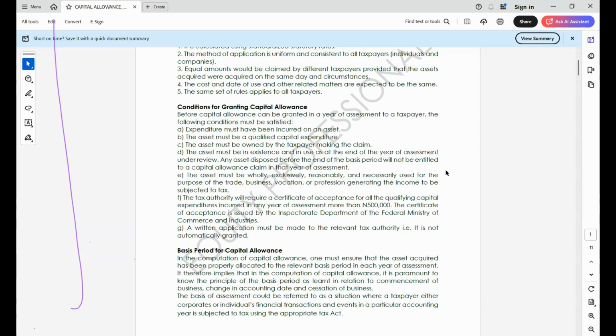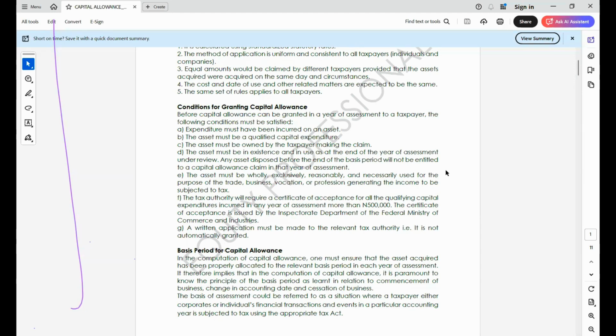Also, an application must be made to the relevant tax authority. It is not granted automatically. You must write to the relevant tax authority. Why? Because the tax authority doesn't know you. They don't know what you have within your company. You are the one to tell them that you have acquired this asset, with the necessary evidence for them to know that these assets are available within the company. So an application must be written to the relevant tax authority. What usually happens in practice, most especially when you are filing your return, is that you are going to